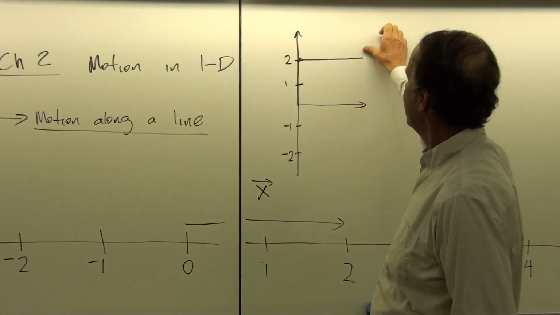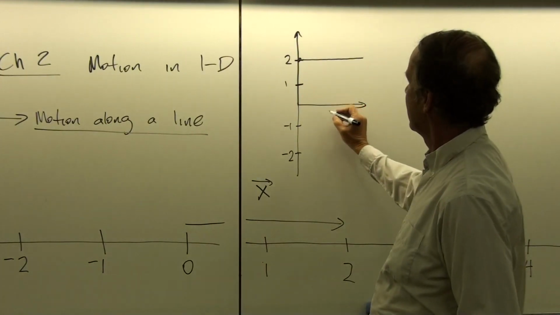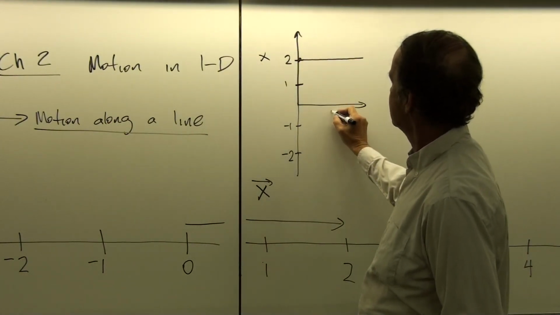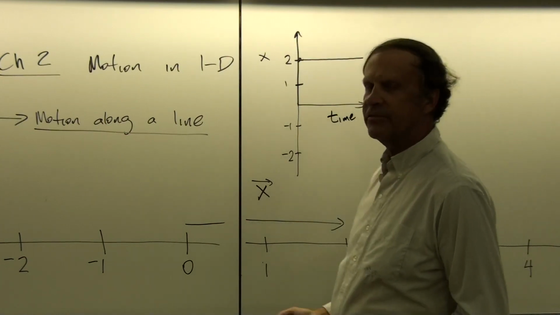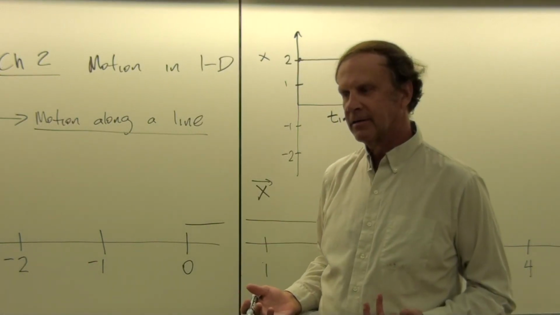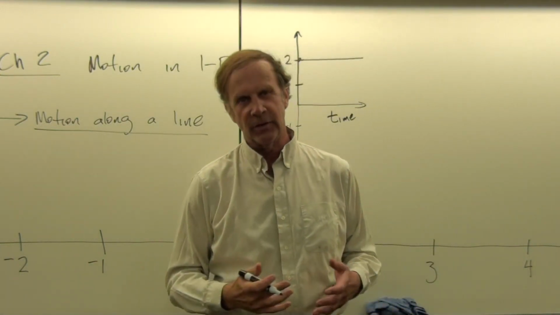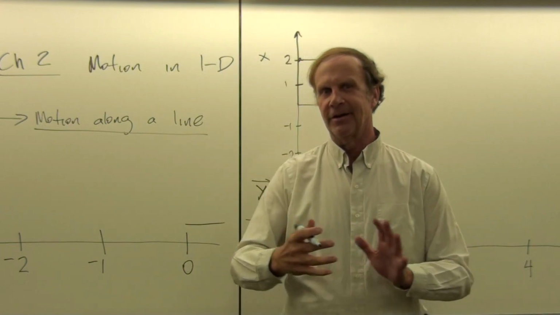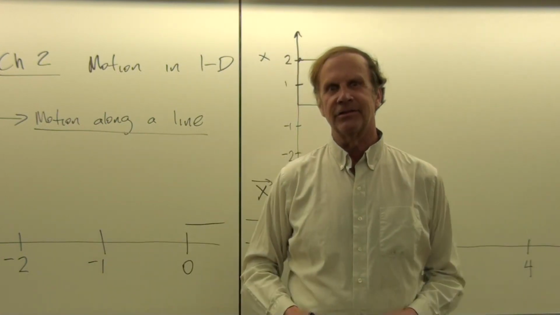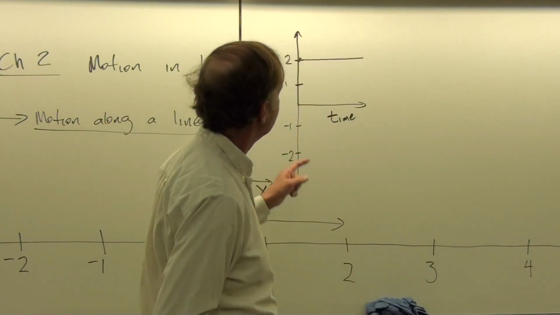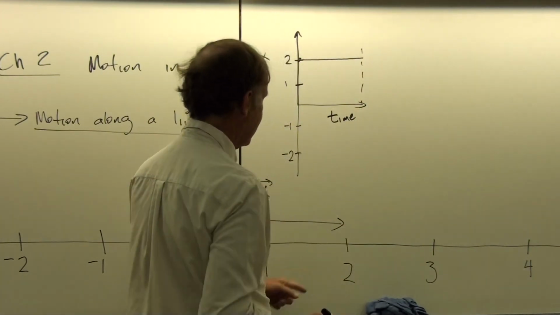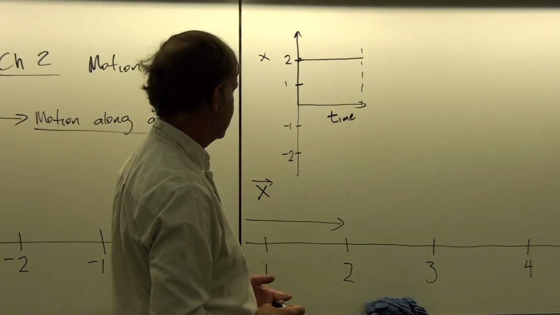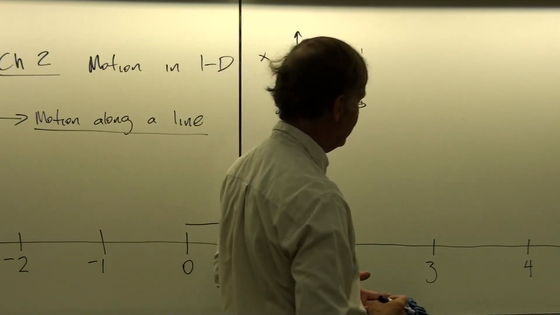So the domain of this function, this is x versus t. Okay, so this is time. It doesn't go forever, it just goes for as long as you're there. Okay, and so that's a little different sometimes from what you get in a math class, where the domain of the function extends to infinity, and you know that realistically that's not going to happen here. This just goes maybe for 8 or 10 seconds, depending on how long I can stay fixed in one position without fidgeting around.